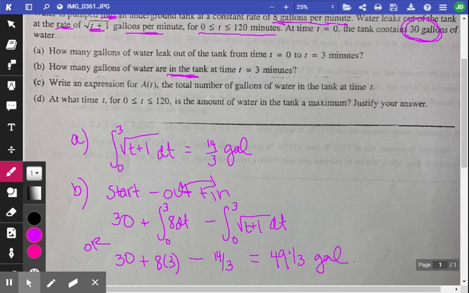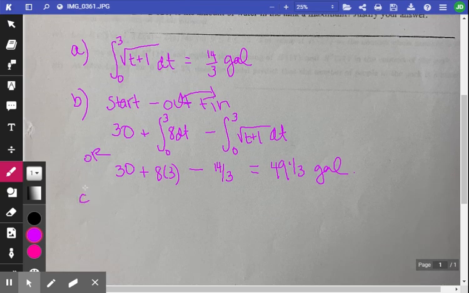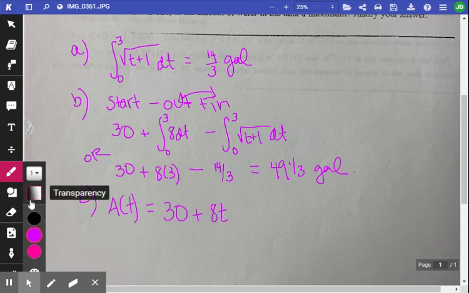Okay, write an expression, part C, for A of T, the total number of gallons of water in the tank at any time T. So now they want a more general expression. So for part C, the amount of water in the tank at any time is going to equal how much I started with plus how much goes in. So I can either write this part as 8 times T,